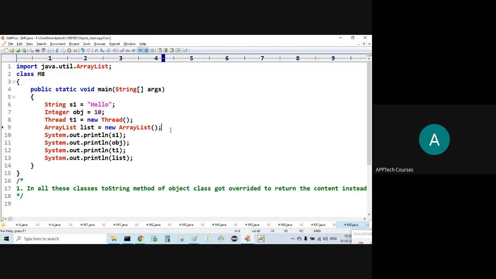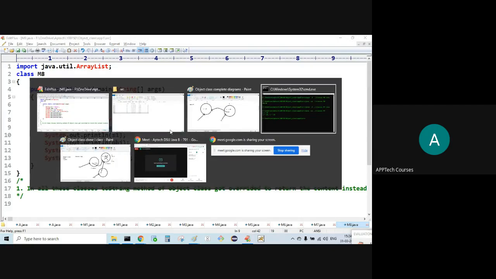We don't have to override that. We get the content, not the memory location.